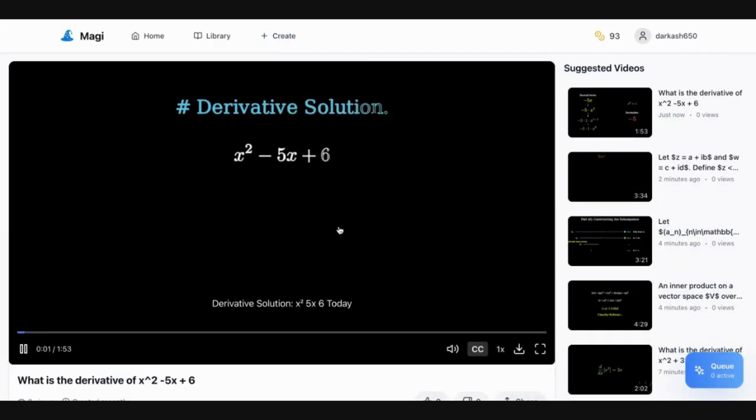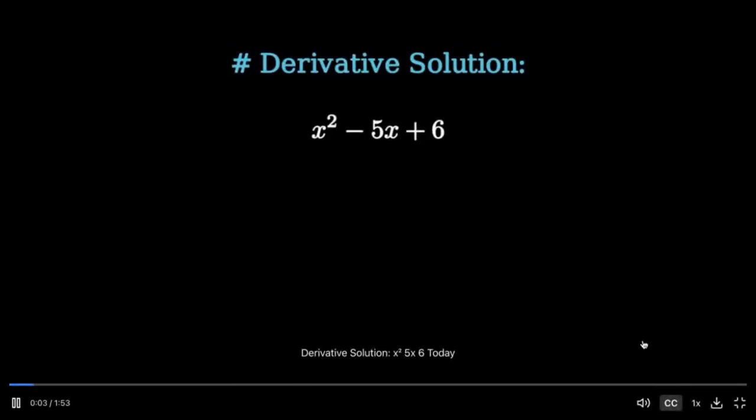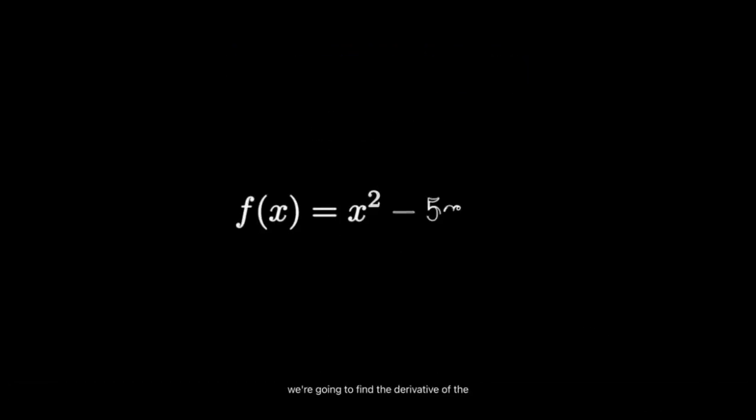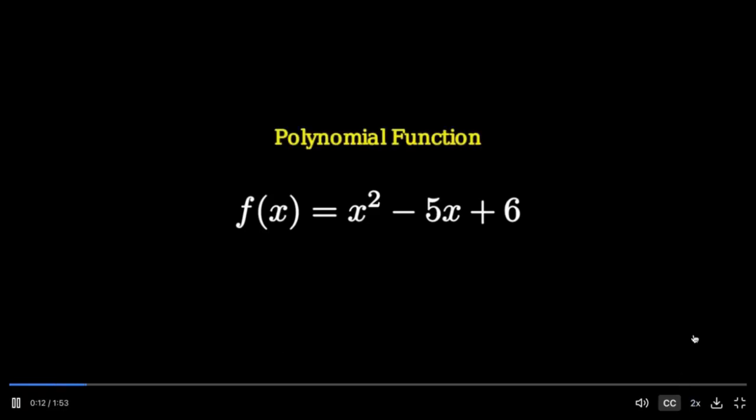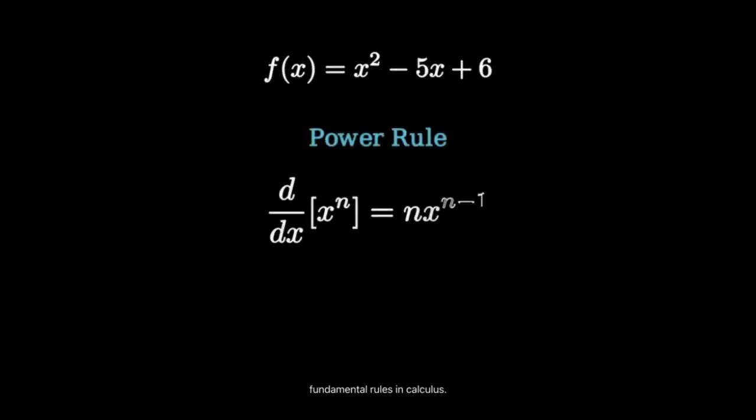Derivative solution x squared minus 5x plus 6. Today, we're going to find the derivative of the function x squared minus 5x plus 6. This is a polynomial function, which means we can use the power rule to find its derivative. The power rule is one of the most fundamental rules in calculus, and it states that when you have x